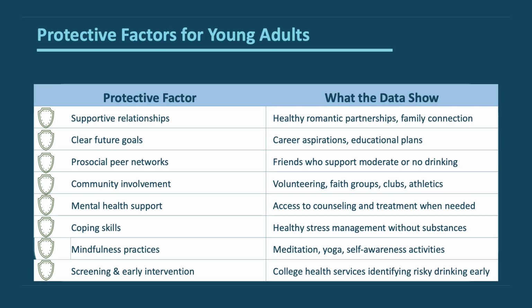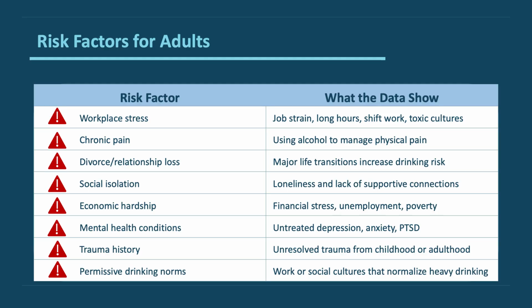So again, if we're able to strengthen these protective factors, even if these other risk factors exist that we just talked about, they're really going to help protect and reduce the likelihood of alcohol misuse among youth in particular. And then if we look at adults, you see some variation, but again, I don't think any of these are particularly surprising to any of you. But I think it's important for us to look at them because you might not think that alcohol is going to be a risk factor for this.